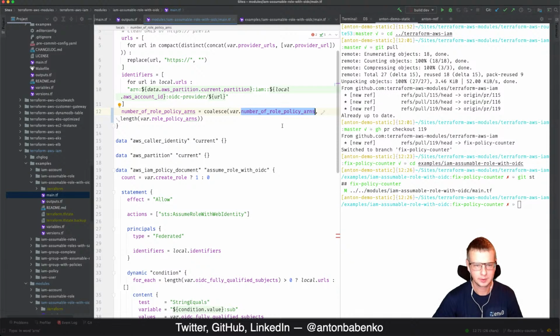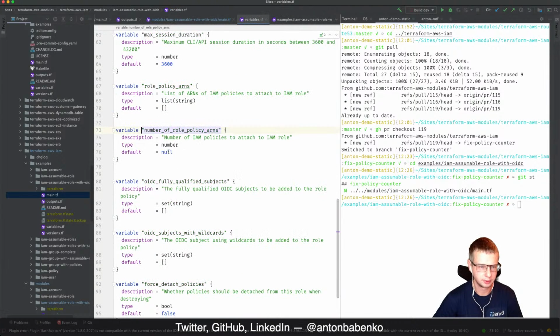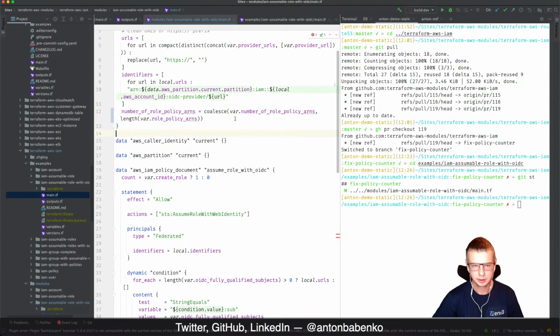Okay, so what does it mean? It says null by default, which is probably okay. So here what we want to say is that if I now run terraform apply,